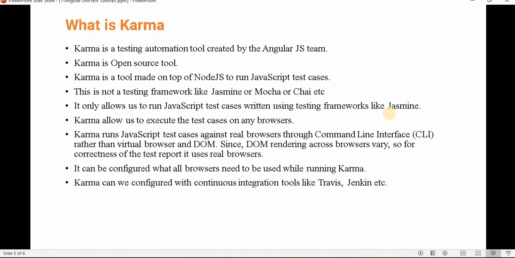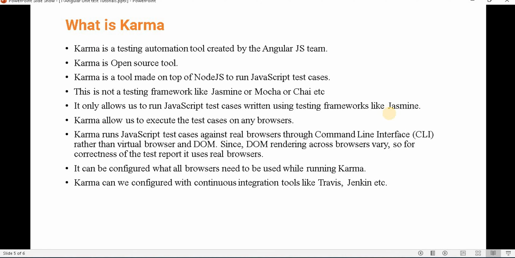Using that CLI, it allows us to run any test case on any browser, and it can be configured which browsers need to be used while running Karma. So if I'm running a particular test case on Google Chrome, it needs to be configured.